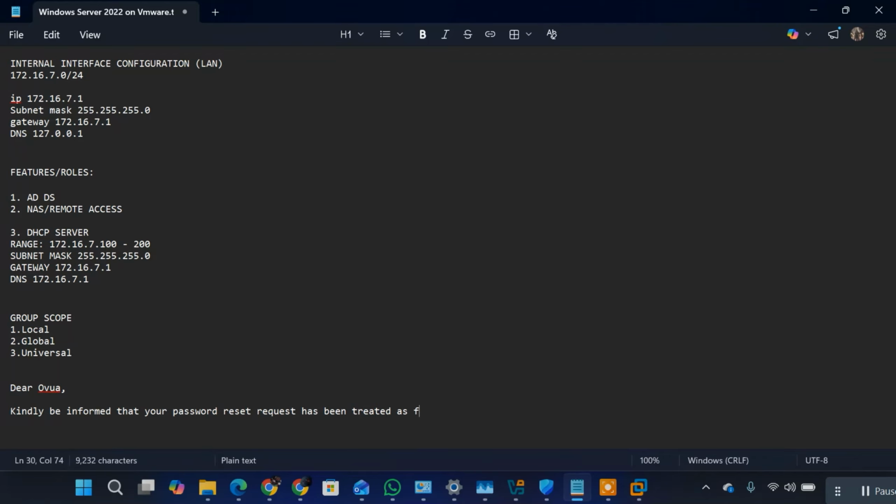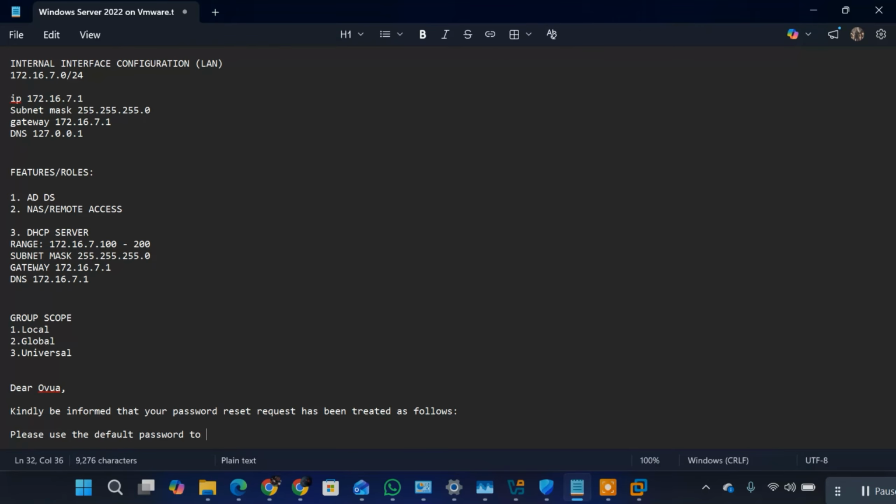You can do it this way. Default password. You can give him an instruction. Please use the default password to log in,